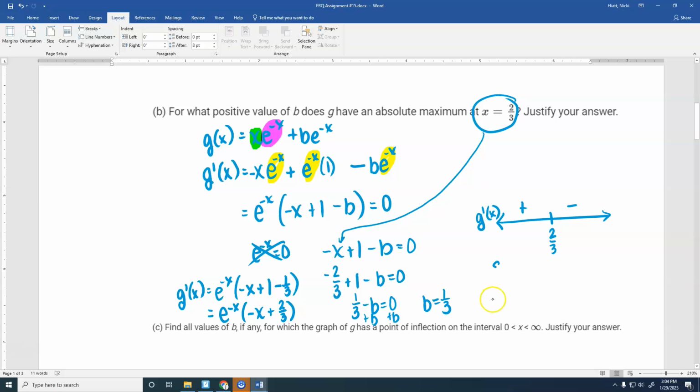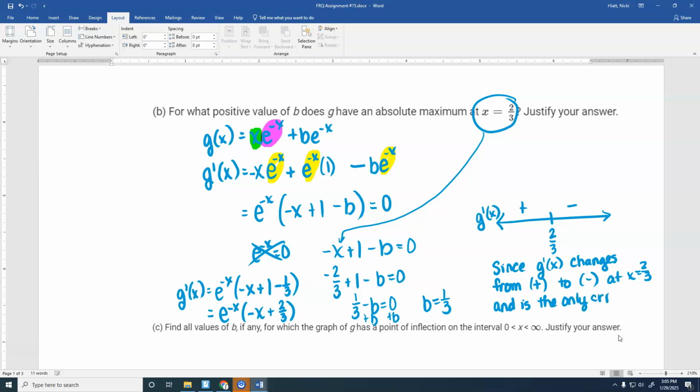So you would say since g prime of x changes from positive to negative at x equals 2/3 and is the only critical point, G has an absolute maximum at